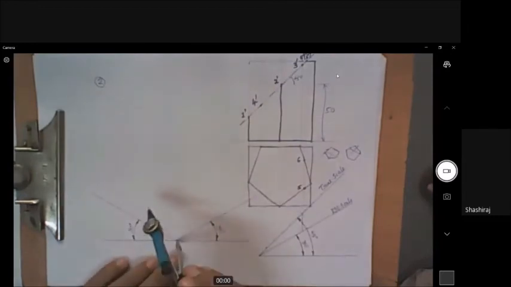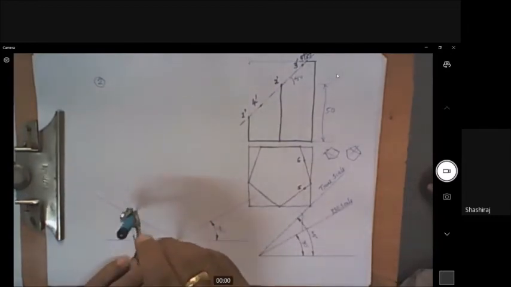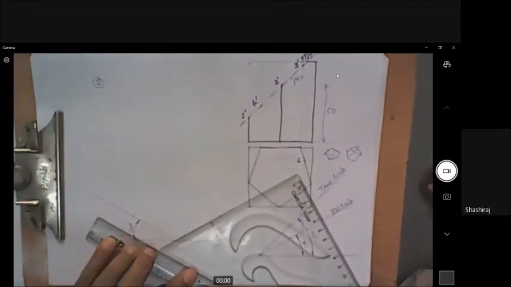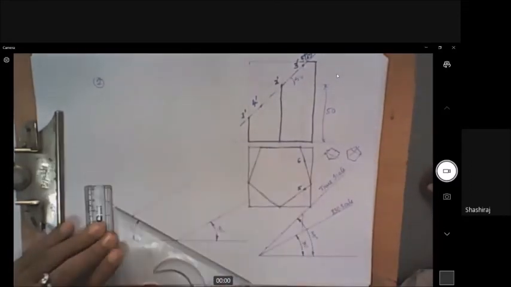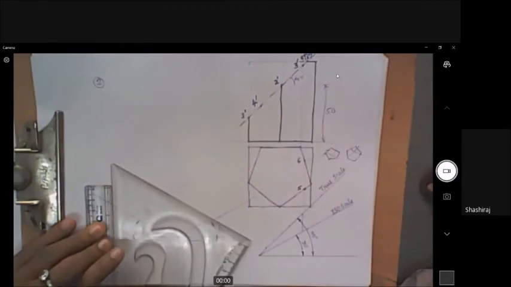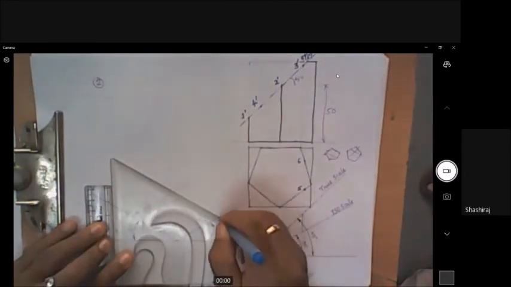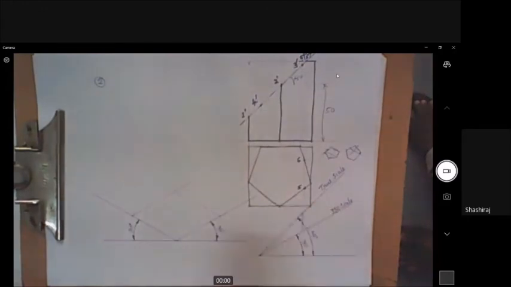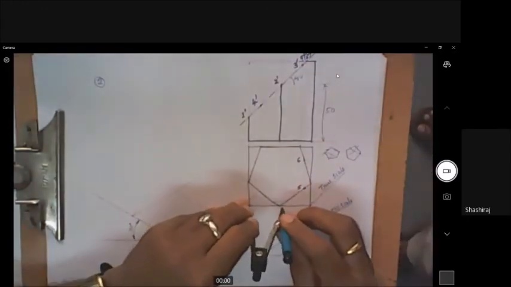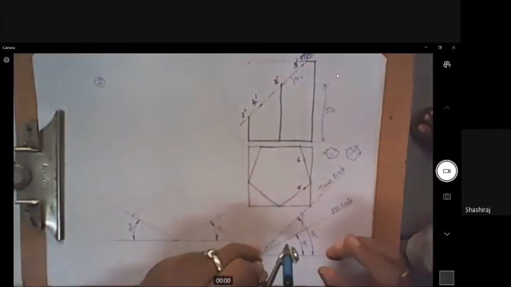I'll draw it on this side of the axis. Line through this point. So I know that this point is the midpoint of this distance. I'll take this much distance onto isometric scale.